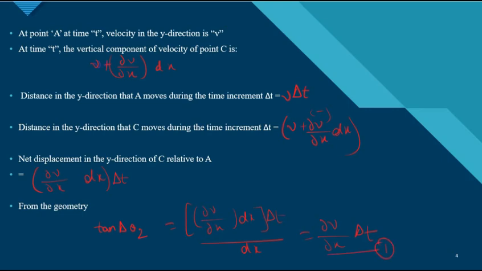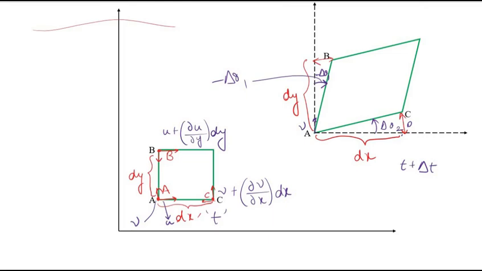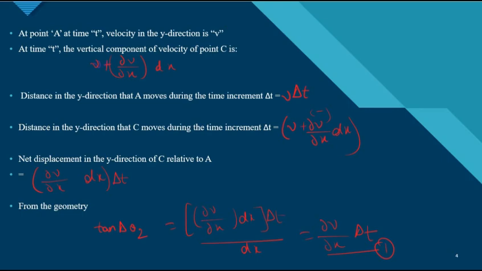Now as we can see, this rotation which is taking place is very small. So the angle delta theta 2 is very small. So now when I say that this change in angle delta theta 2 is small, can we say that delta theta 2 is almost equivalent to theta 2? Correct? Can we write that? Or is there any mistake that we're making here?